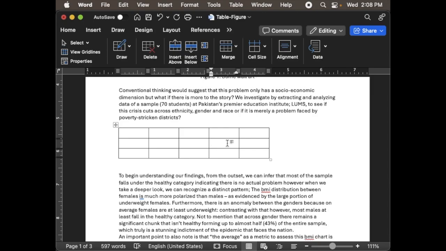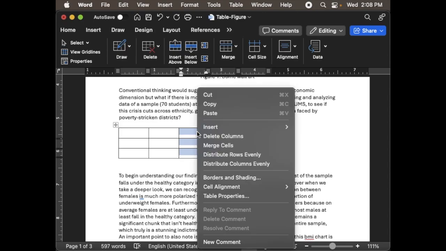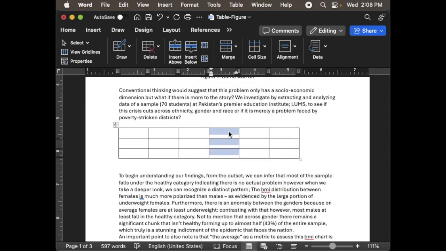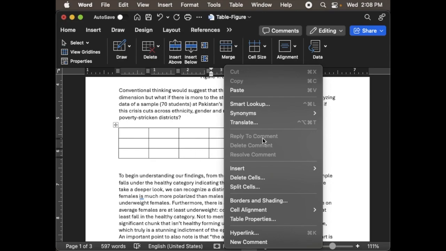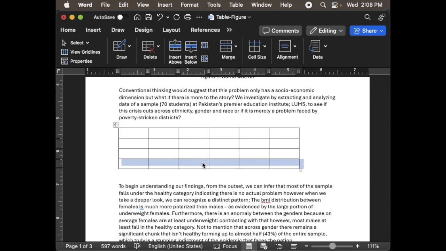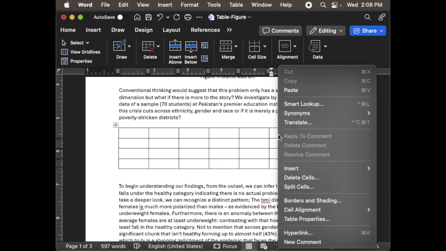Okay, so the next idea that I want to talk about is adding rows and columns. So you could do this at any point, right? You could basically, if you hover your mouse over it, right click and insert rows above, below, columns right, left. So you could have additional columns set up. Similarly, if I right click on this bottom row, I can insert rows below, right? So I can add rows and columns, and at the same time I can also use this same option, right